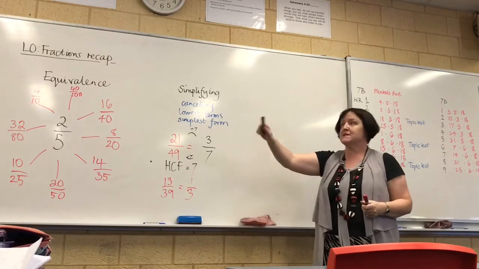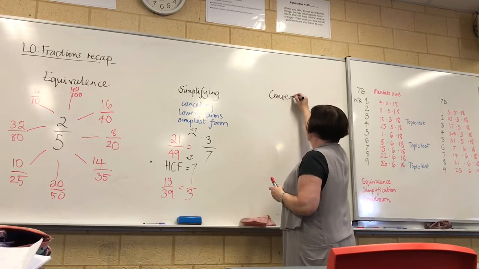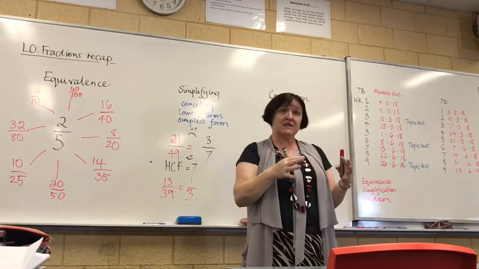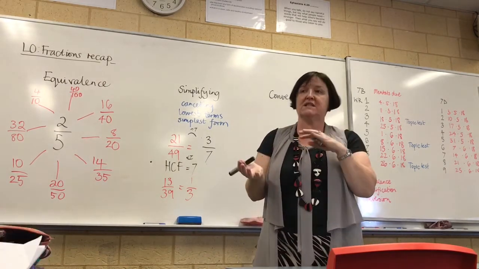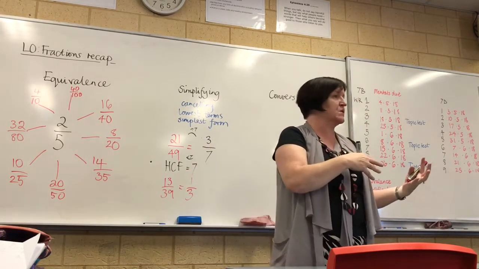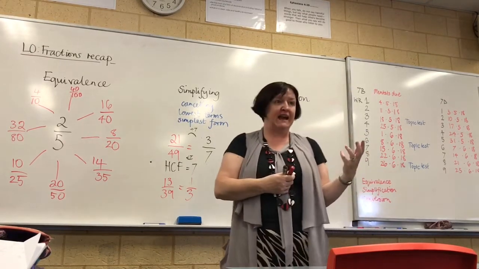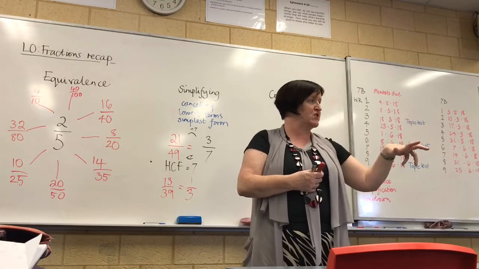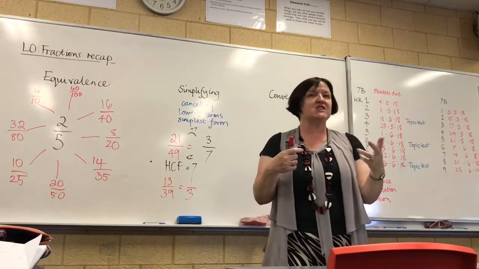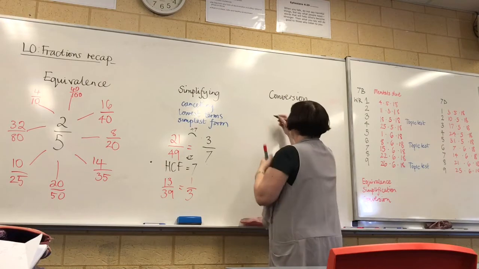So we've got equivalence, simplifying, and then our last thing that you need to know how to do is conversion. And this is when you are given either a mixed numeral and you need to convert it into an improper fraction, or you're given an improper fraction and you need to convert it to a mixed numeral. Okay? The expectation again is if you end a question when you've added or subtracted and it's an improper fraction, the expectation is that you convert it to a mixed number. Okay? So let's have a look at